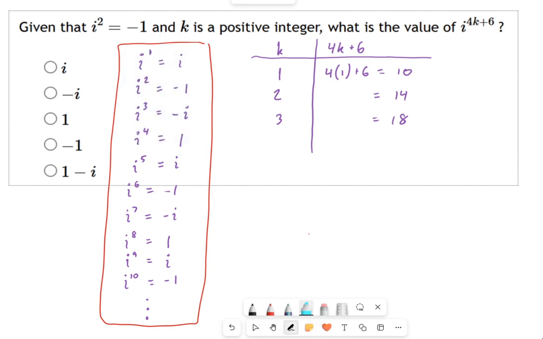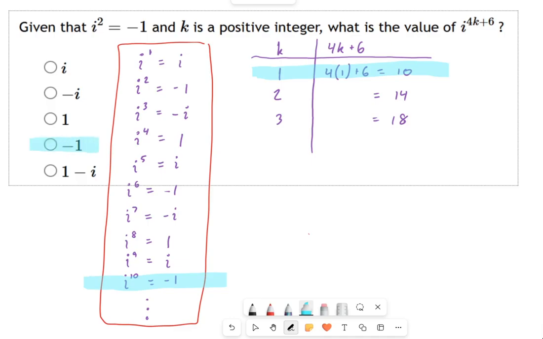So the question is, where is the number 10 as an exponent? Well, that's right here. Okay, i to the 10th equals negative 1. And likewise, if you were to keep on going with this pattern, you would see that i to the 14th also equals negative 1. i to the 18th is negative 1. So there's only 4 options here. That 1 minus i answer is just a red herring. This is your answer right here, okay?